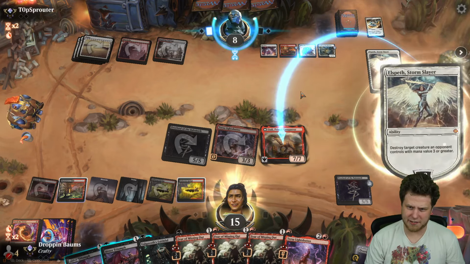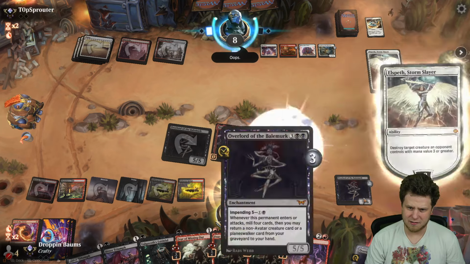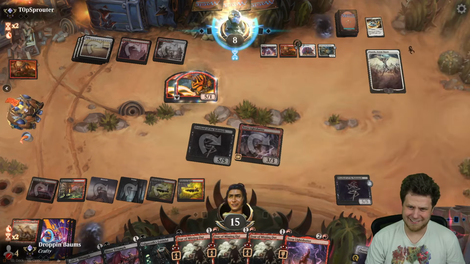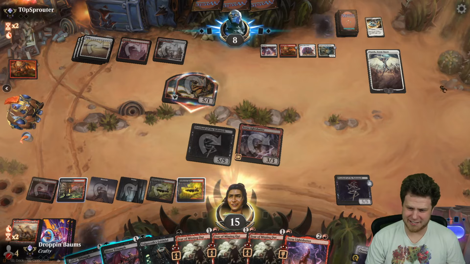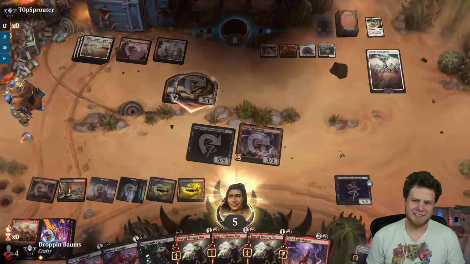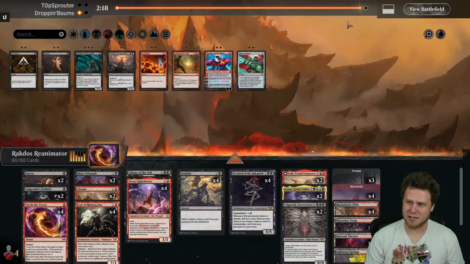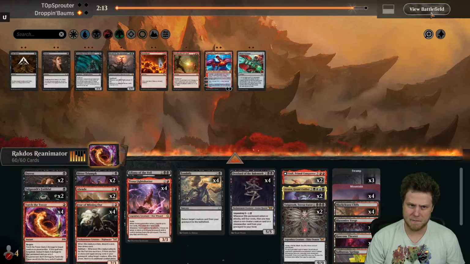Destroy and die? Destroy and die, huh? All right, I guess I do take 10, which is cool. Yep, that is a combo. Forge and Elspeth. I didn't really think of that. Okay, so they left themselves dead. I mean, they were dead anyways if that was their only thing, but...